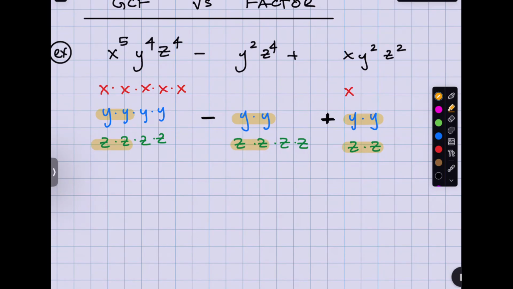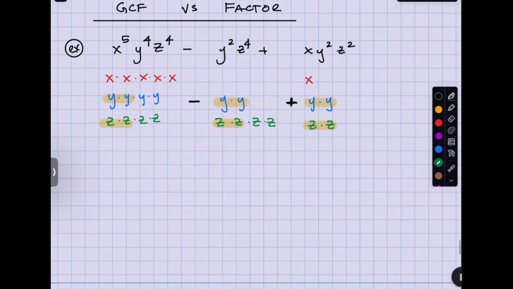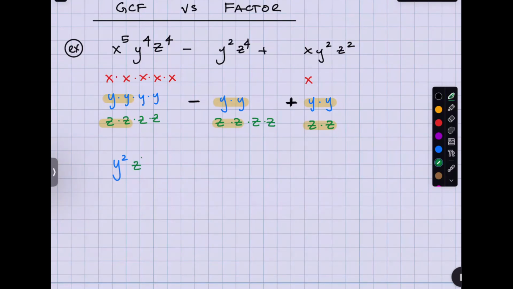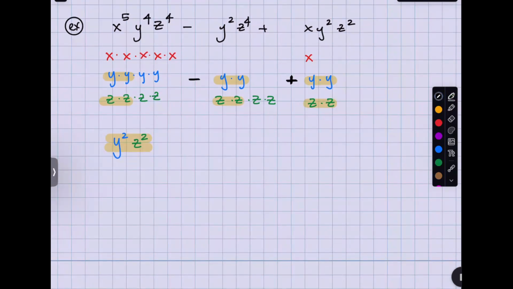So ladies and gentlemen, so y squared z squared is what was in common. This, ladies and gentlemen, is called your GCF. So here's my question. If I was to buy those things that were in common,